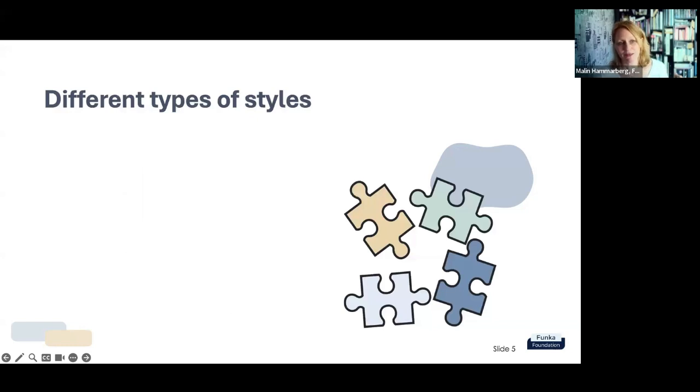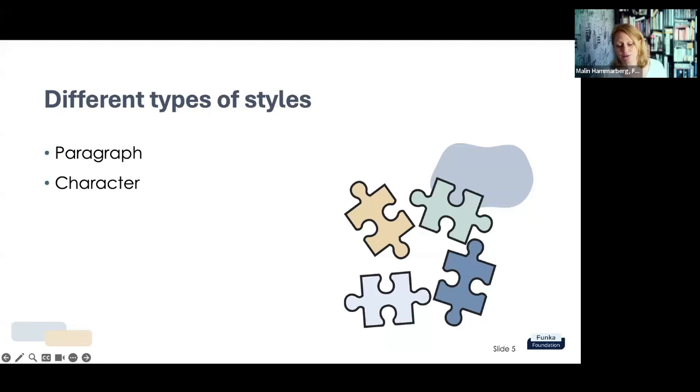in InDesign. And there are several different types of styles in InDesign. We have paragraph styles, which handle a lot of the things I talked about just now. The recommendation is to try to use paragraph styles when you think about what type of paragraph it is. Like, is it a heading? Is it a bread text? And so on. And then use character styles to